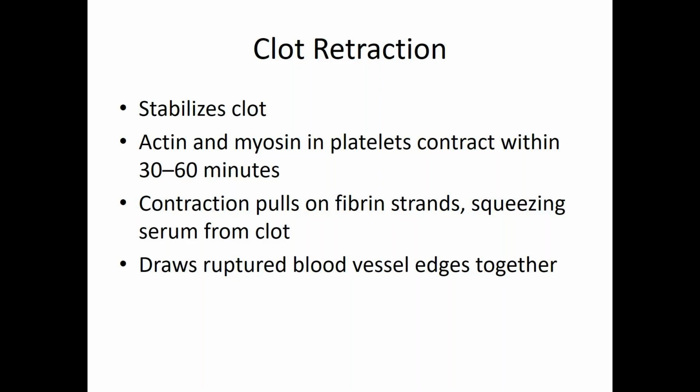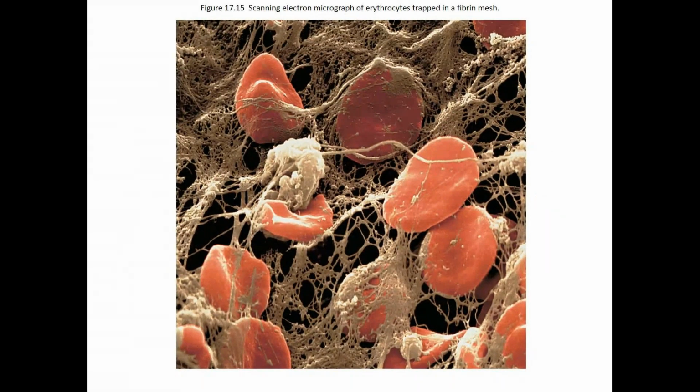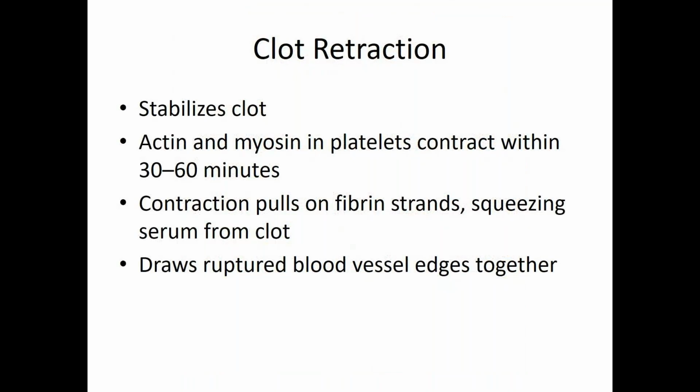So what we need to do is two things. Number one, we need to make the wound as small as possible. We're going to pull the edges closer together. We're going to squeeze all of that water out of it, all the liquid stuff out of it. We're going to make it as hard and dry and stable as we can. That's what clot retraction is. We're simply pulling the margins of that wound, taking all of this, just squeezing down, like squeezing a sponge. We're getting all the plasma and other stuff out of there, and we're left with essentially just fibrin and red blood cells,